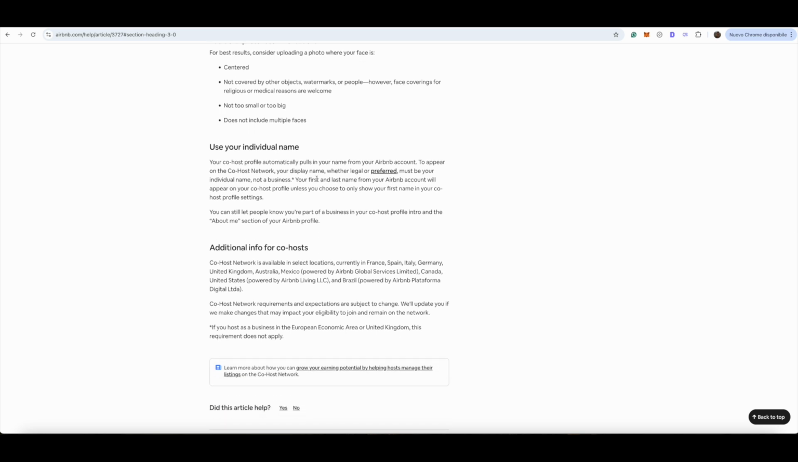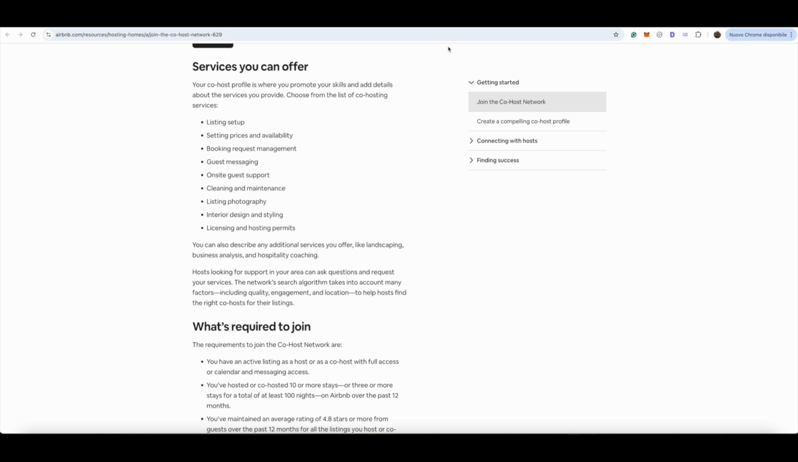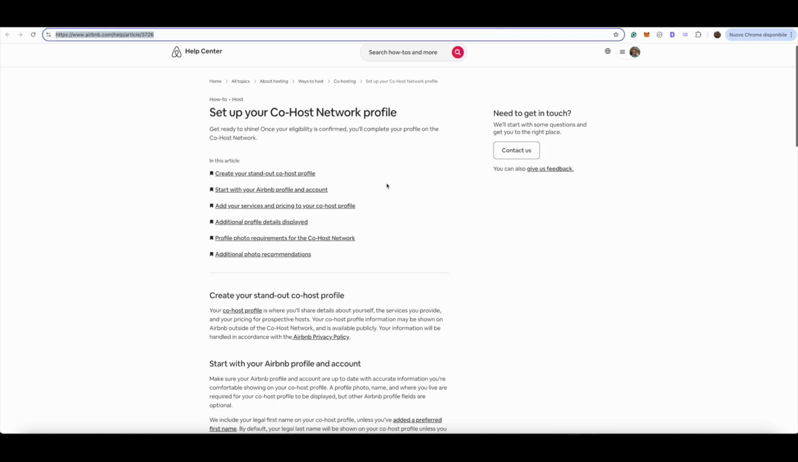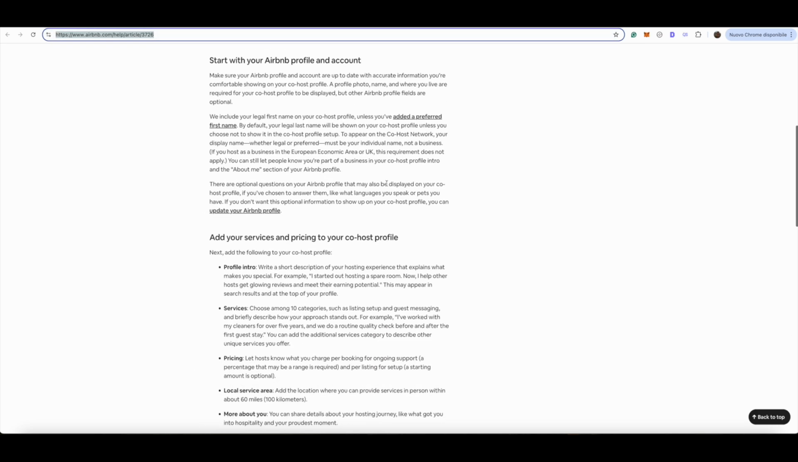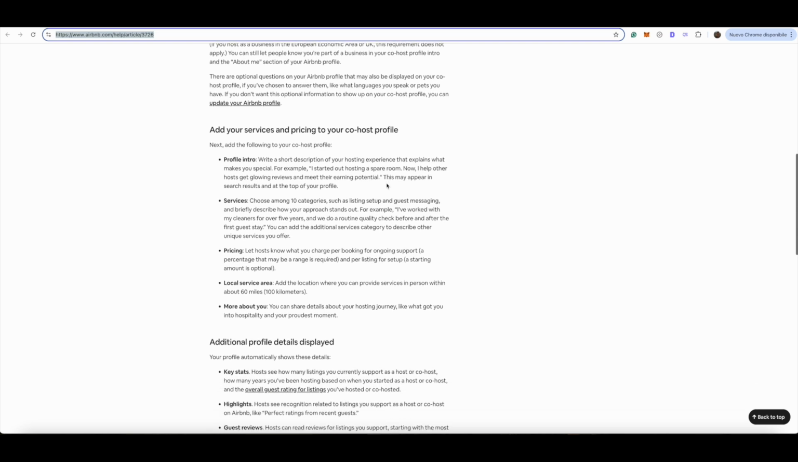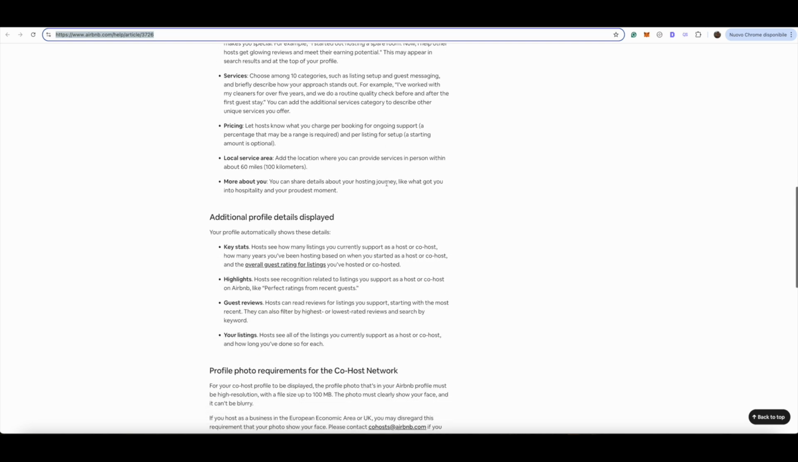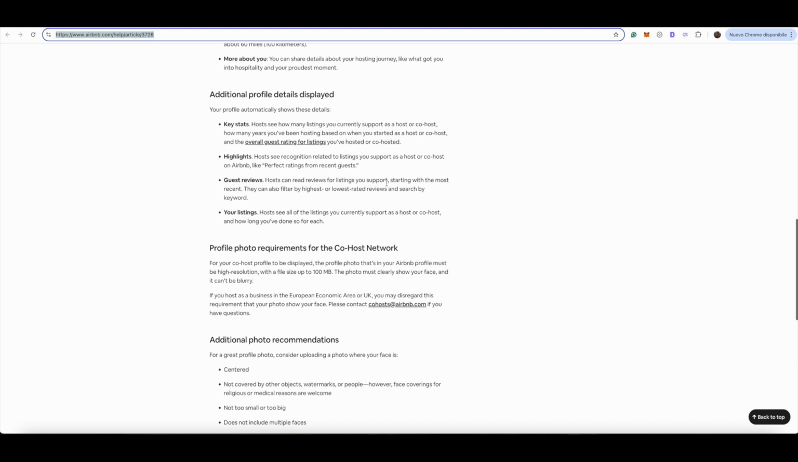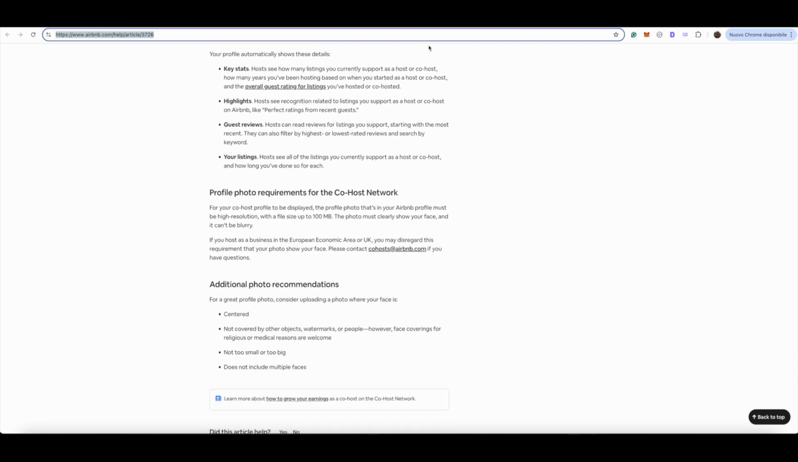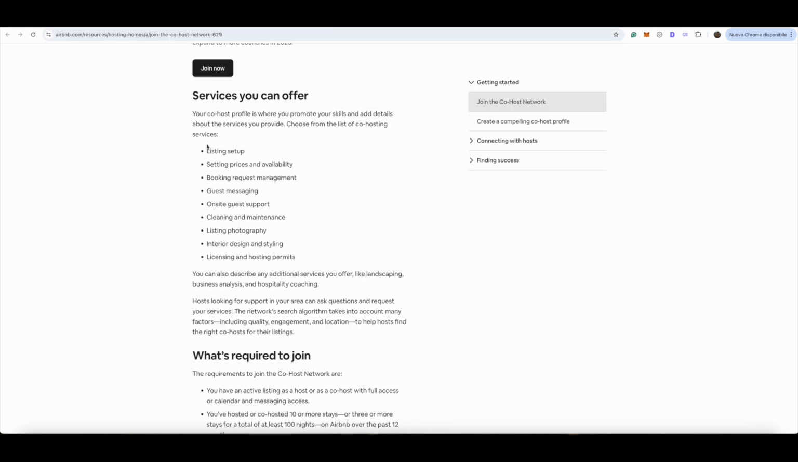So if you meet the requirements and you fill out the form we mentioned before, you will be asked to create a co-host network profile. There is the article about that, about setting up your co-host network profile. It will say what you can add, the services you can add, the profile details, the photo requirements, and so on. Here are the services you can offer: listing setup, setting prices and availability, booking request management, guest messaging, on-site guest support, for example